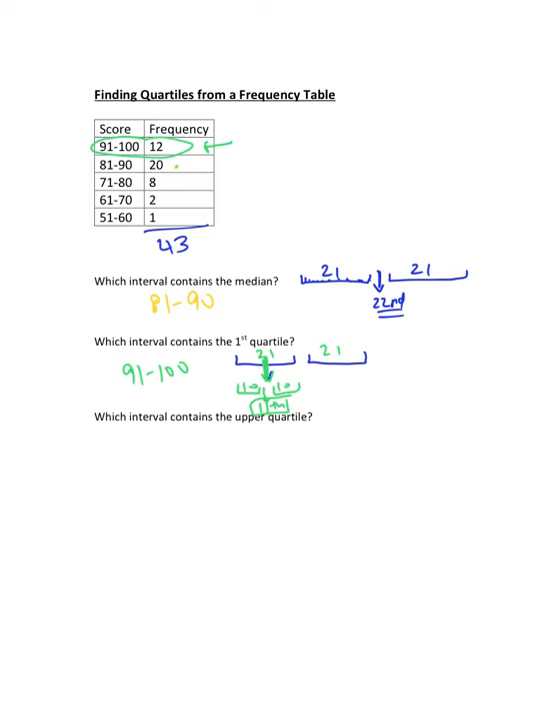And then which interval contains the upper quartile? Well, the upper quartile is the third quartile. So again, there's 43 people. So there's 21 people here, 21 people here. I want the middle of the upper half. That's going to represent the third quartile. So what I'm going to do is go from the highest values. I'm going to go in from the bottom, because the highest values, the